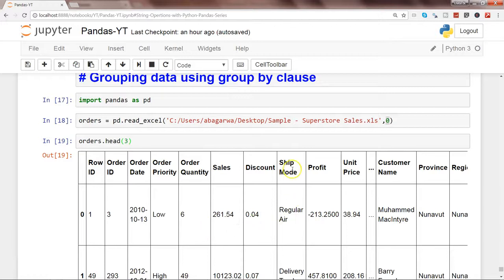Similarly, you might want to look at sales, profit or discount by different shipping mode, or maybe the province and the region. So you have a lot of columns on which you can do the group by and see things in context based on your requirement, like sales or discount or profit.